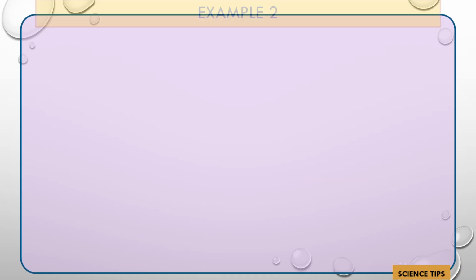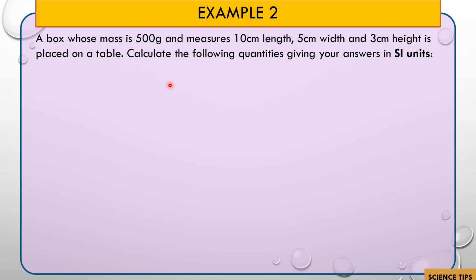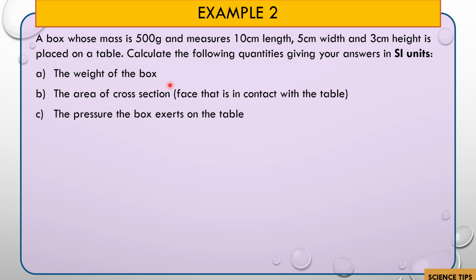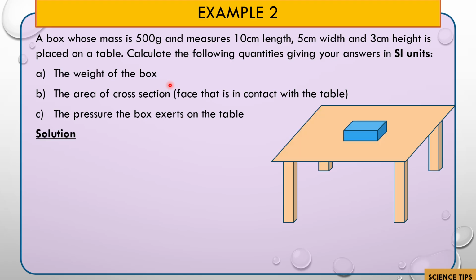Another example, example 2, we are provided the same box with the same mass and the same length, width, and height, placed on a table. Calculate the following quantities, giving your answers in SI units: the weight of the box, the area of cross section, and the pressure the box exerts on the table. So we need to first of all look at the box being placed on the table, and to be able to calculate the weight, we actually need to